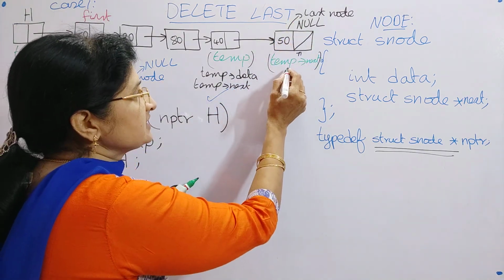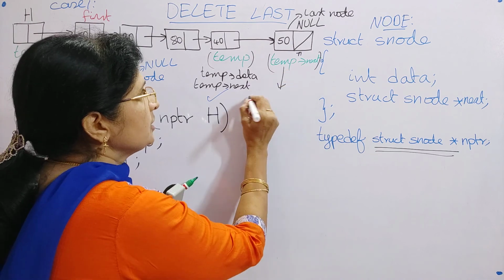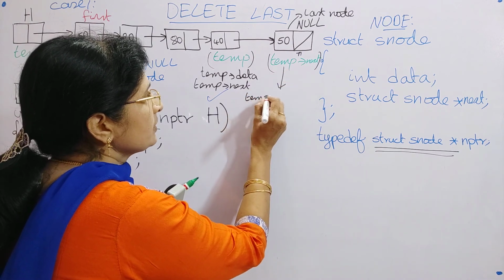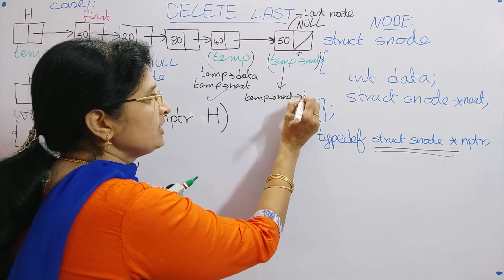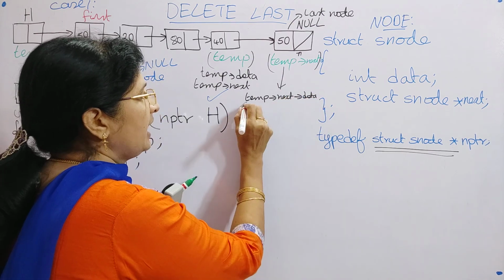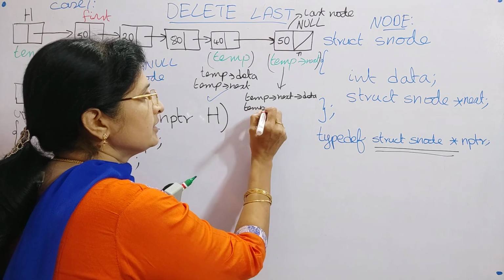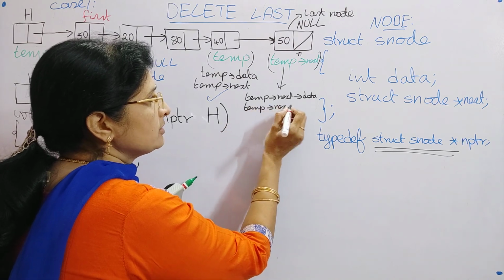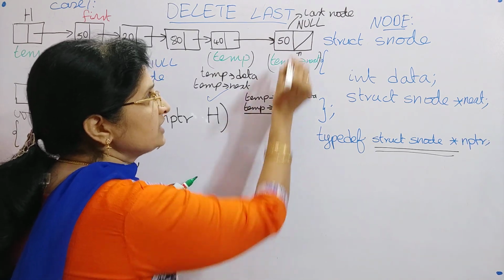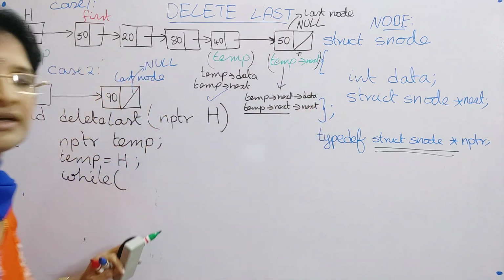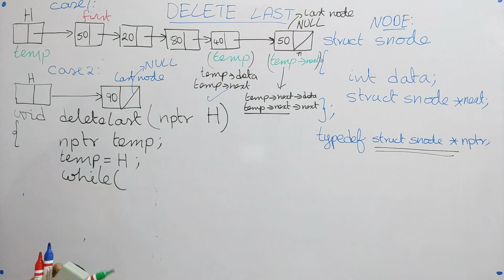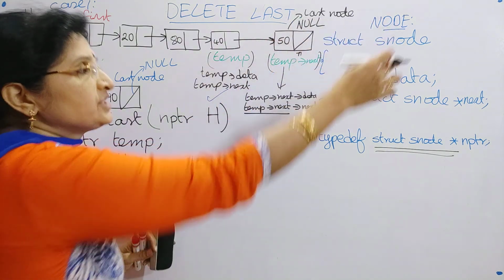For example, here this is the address of this node, the last node. So if you want to access the data of this last node, you can give temp next is the address, and you can give it as data. And how can you give the link part? Temp next, this total, is the address of the node. And how can you give the next? Just like this. So now what do you have to check? You have to check whether the temp next is null or not.